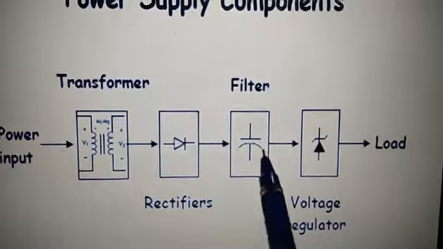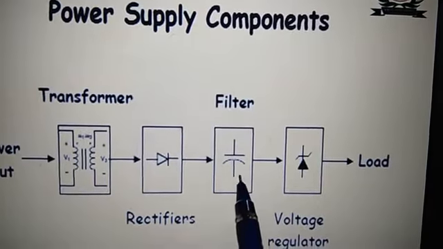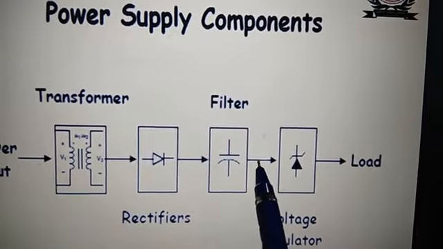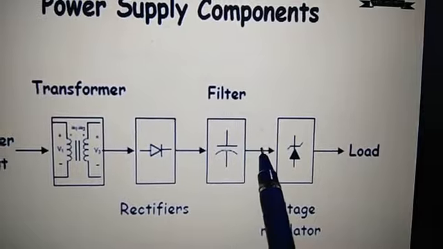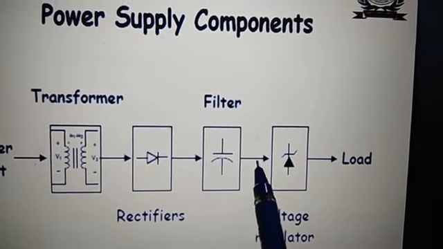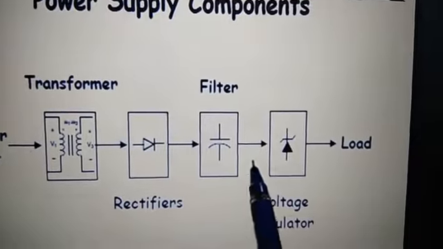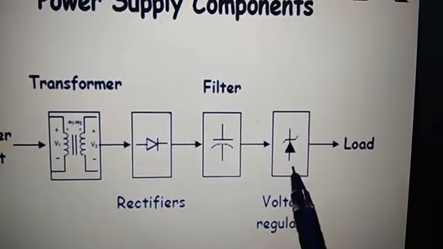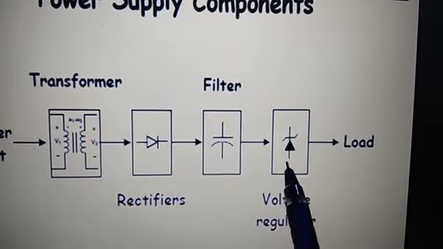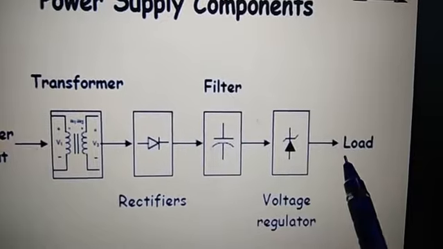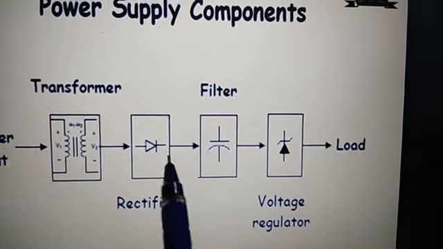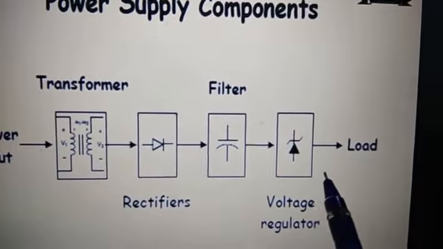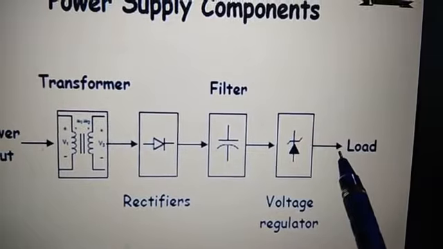And after this rectifier, these filters are used. The filter will remove this pulsating DC and an average value will be provided, but a very small amount of ripple remains over here. And then to get a constant DC output, we can use the regulator. The function of the regulator is to provide a constant output irrespective of change in the input and irrespective of the change in the load current. So you will get the constant DC output here.